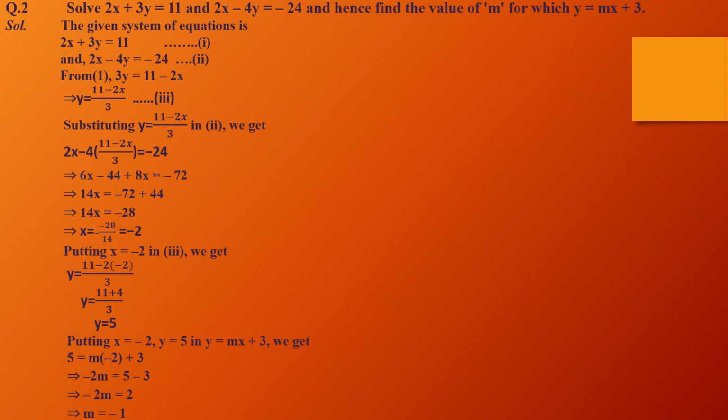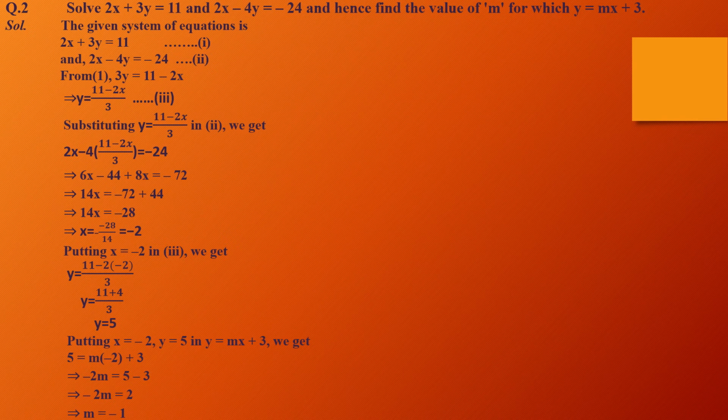We get this value after taking LCM and cross multiplication. So on solving this equation, we get 14x equals minus 72 plus 44. On solving, we get 14x equals minus 28. On solving, we get x equals minus 28 upon 14, and on finally solving, we get x equals